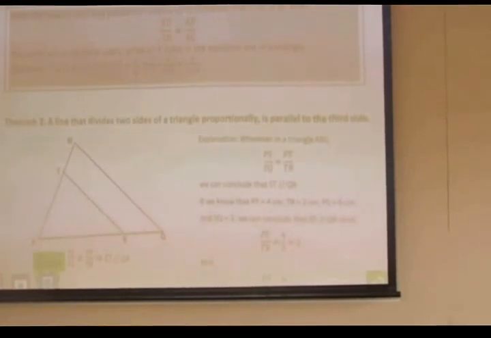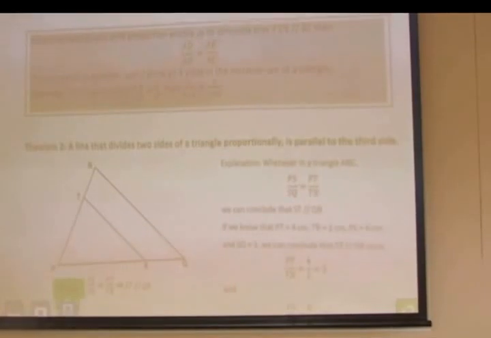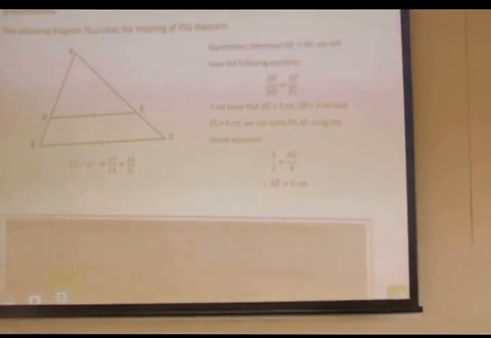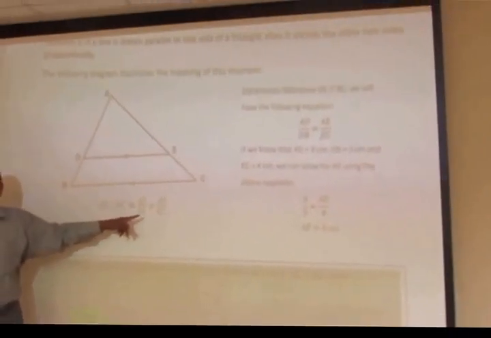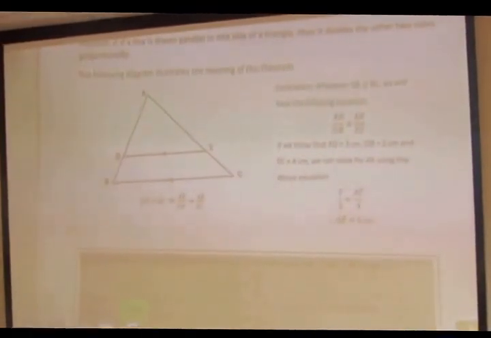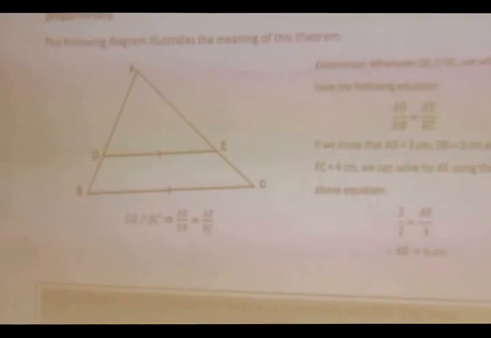The converse will obviously... What will the converse say of a theorem like this? The original theorem says if a line is drawn parallel to one side of a triangle, it will divide the other two sides proportionally. What does that mean? That is why I write it in terms that are useful to us. Look, what did I write here? I wrote DE parallel to BC implies that AD over DB is equal to AE over AC, because the words, a line drawn parallel to one side of the triangle divides the other two sides proportionally,